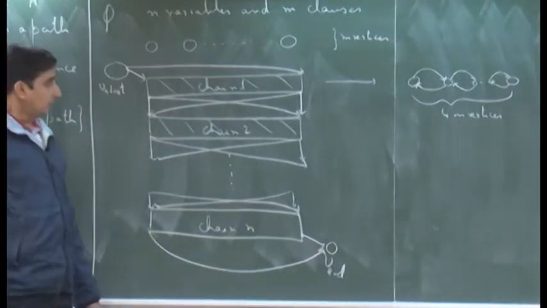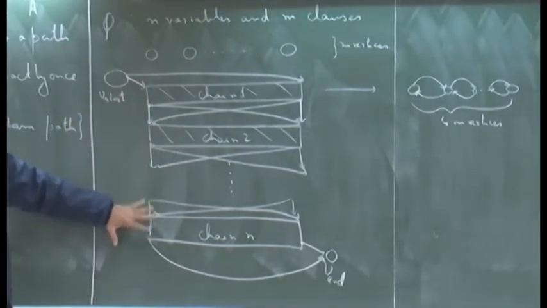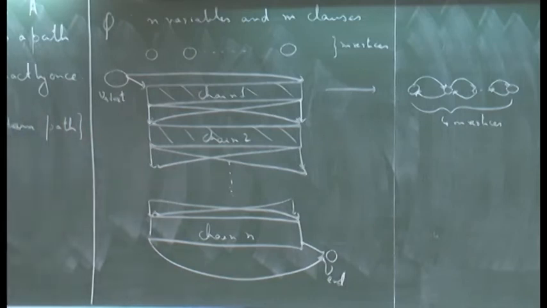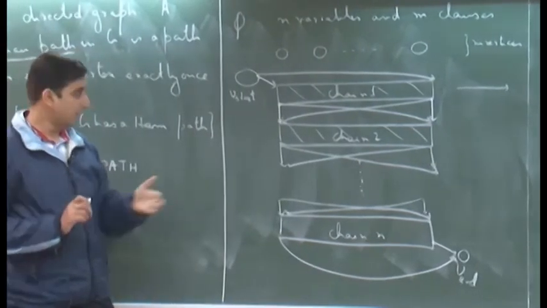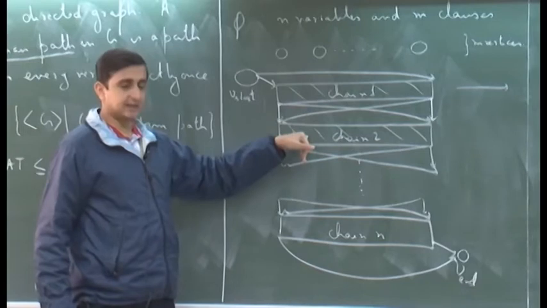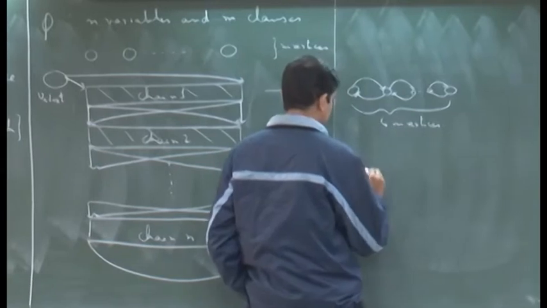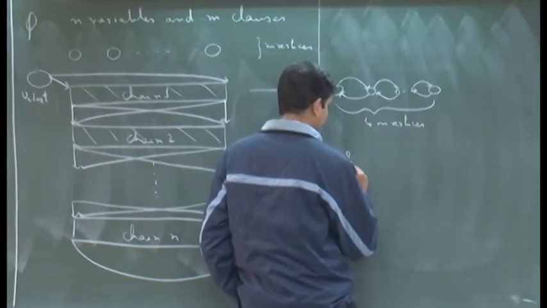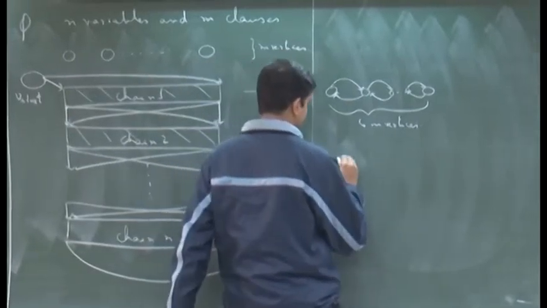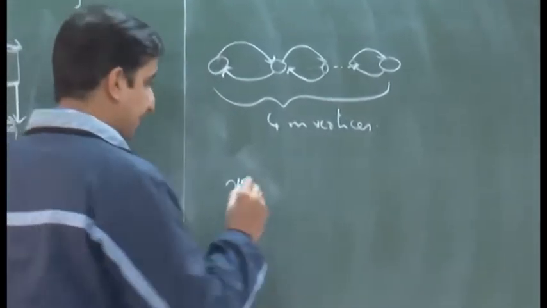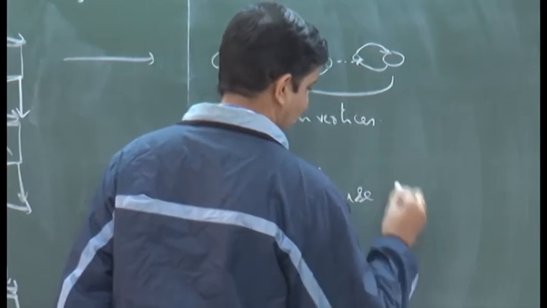Okay. So, now what role do these m vertices play? Now I have basically defined the graph for these chains and their corresponding vertices. Now, what is the role of these m vertices up here? Suppose we have a variable x I in clause, let us say,